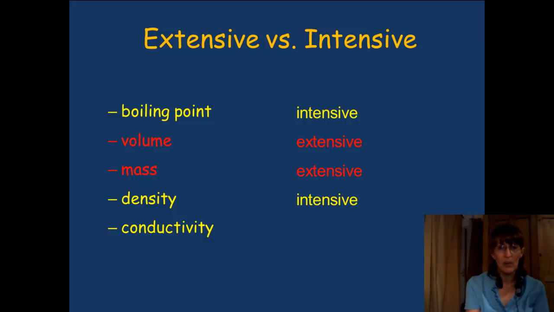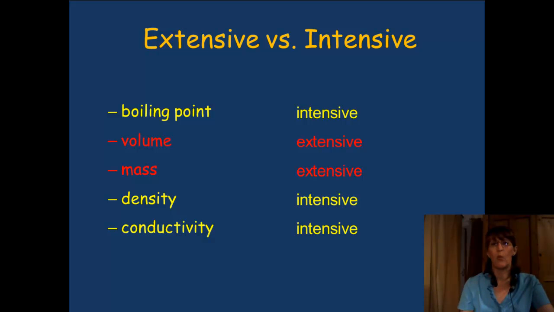Different chemicals, different elements have different densities. And then conductivity, whether or not it conducts electricity, that's also intensive. Some things conduct electricity, some things don't. You guys all know that aluminum is going to conduct electricity. Metals, different types of metals conduct electricity. But does milk? So that conductivity is also an intensive property that can help you identify what the substance is that you're